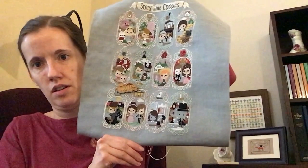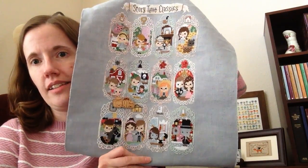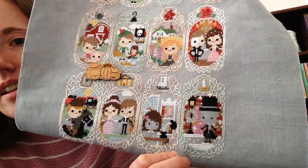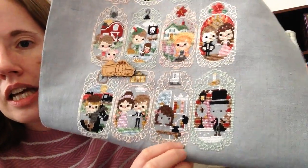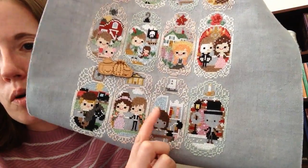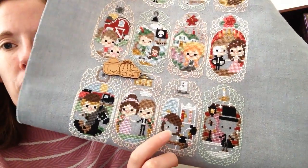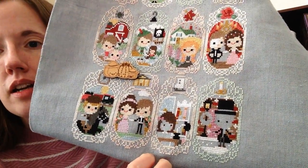I also worked a tiny bit on my Storytime Sampler. Not a whole lot. There wasn't a whole lot of time this week for in-house stitching, but this is where this was before. And here it is now. I got a few more colors done. Got all the background pretty much done behind Scrooge, and a little bit more of the little colors in Jo on Little Women. So I'm still working on this pinky purple color right now, but I'm thinking what I